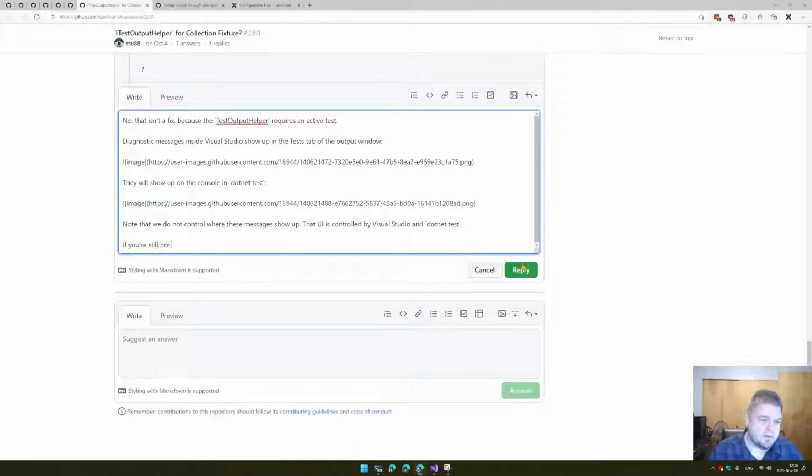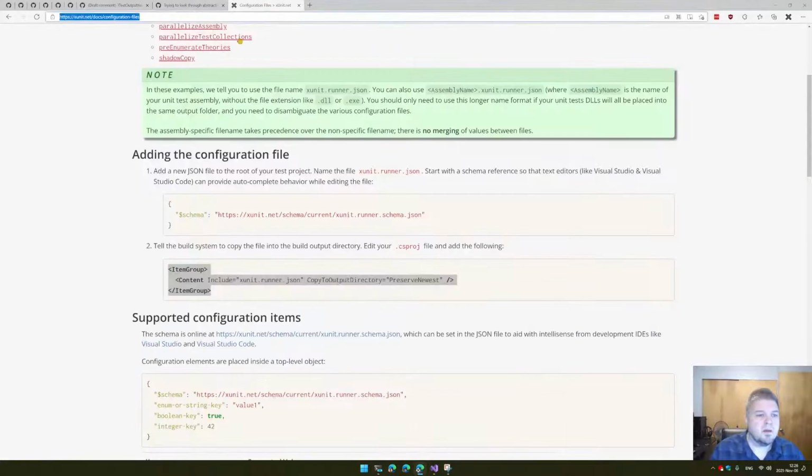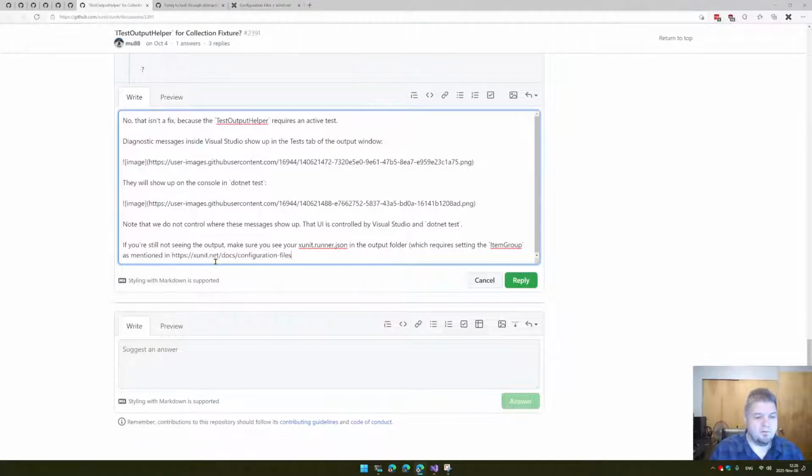If you're still not seeing the output, make sure you see your XUnit runner JSON in the output folder and have set the item group as mentioned in configuration files. I think that'll self-link itself, but